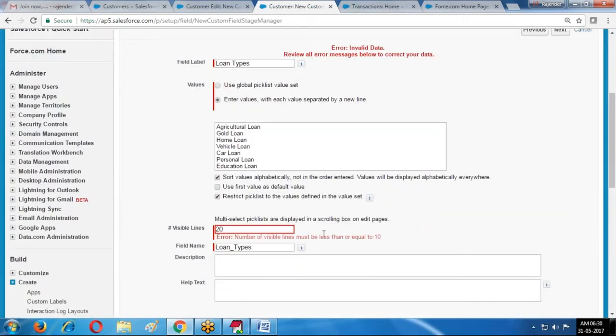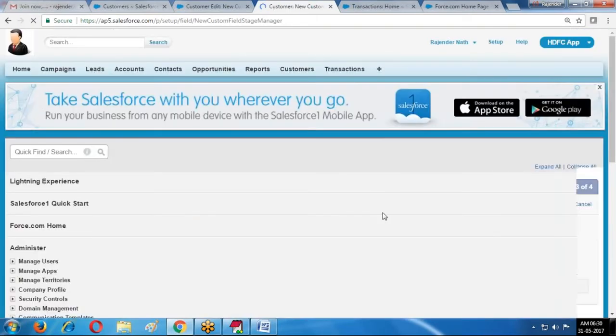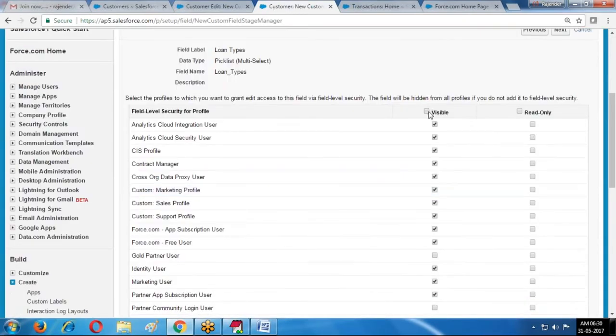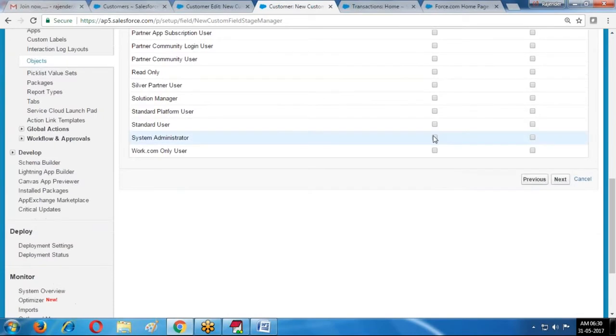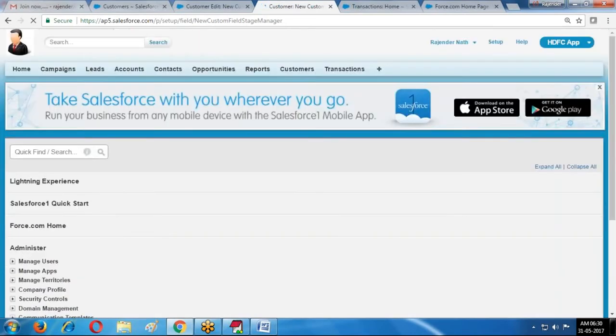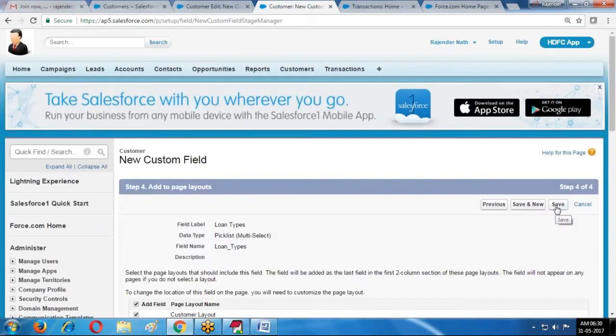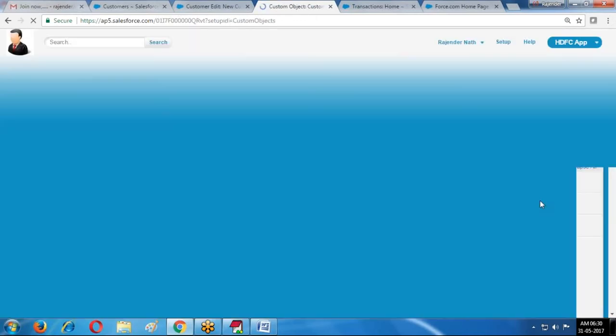What is the error? Less than or equal to 10. If I am providing some 5 rows, click on the save.